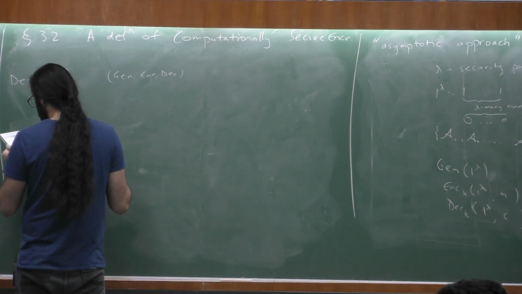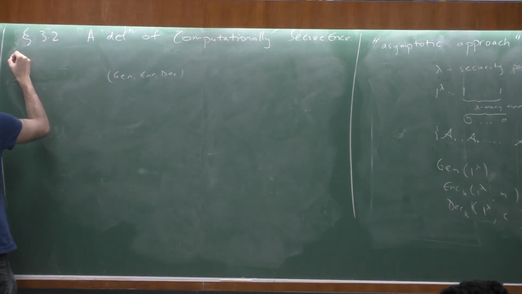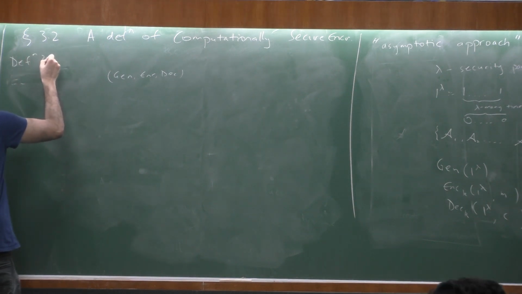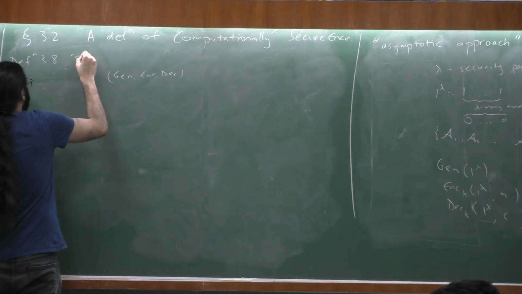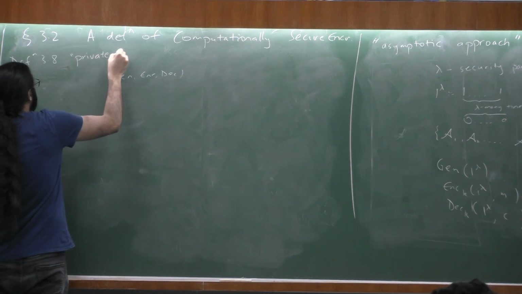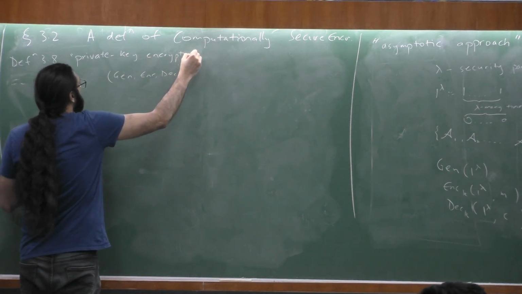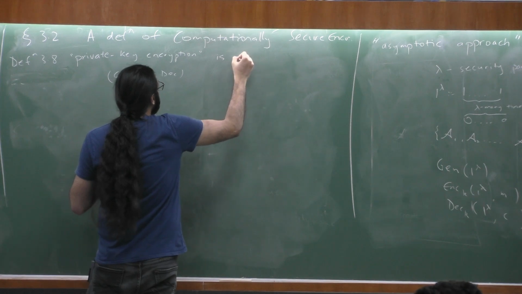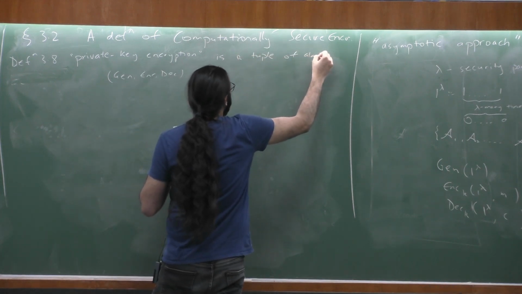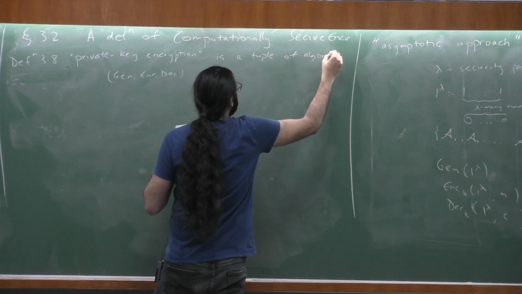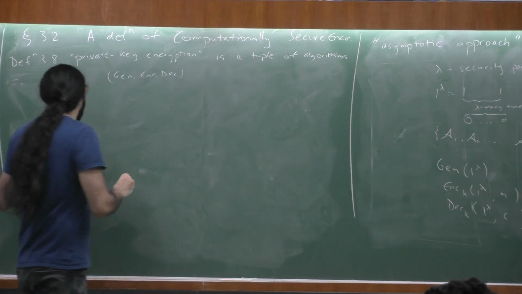So definition 3.8. We'll first define what we mean by a private key encryption scheme. A private key encryption scheme is a tuple of algorithms Gen, Enc, Dec, such that